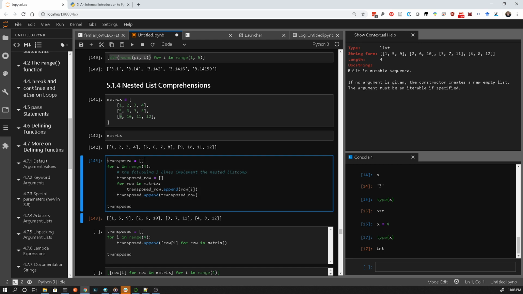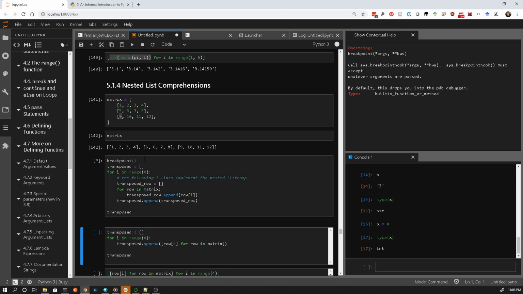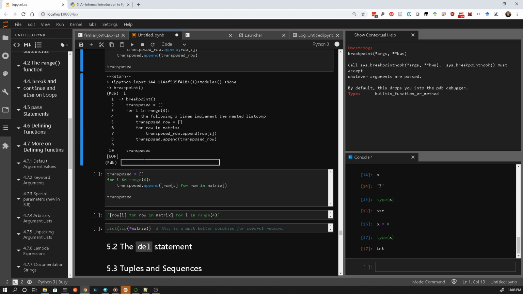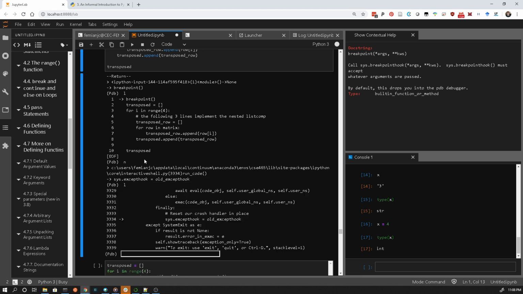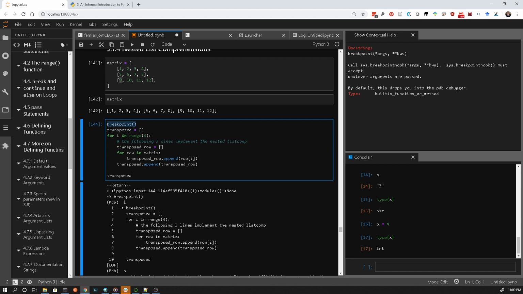If you want to debug it, there's a couple ways you can do that. The easiest way is to use the Python breakpoint function and hit Shift-Enter. And now if I list the lines of code, we can see I'm right there. If I hit N, it takes me to the next line of code. Oh geez, of course it doesn't work when I go to demonstrate it. The other thing I can do is I can say,